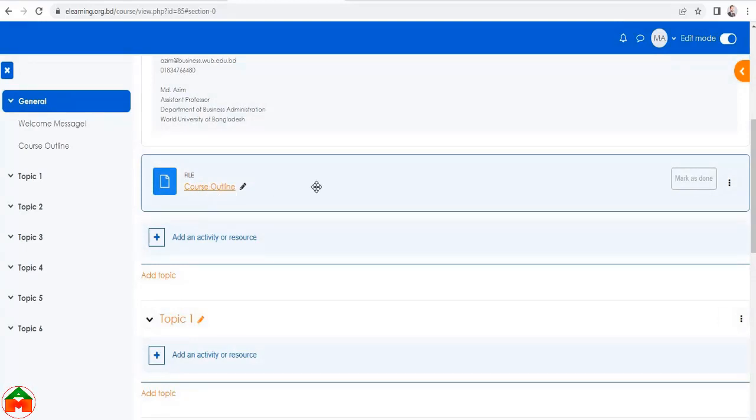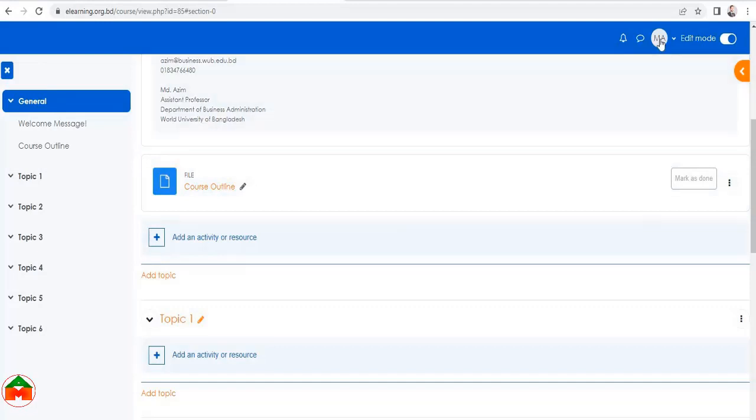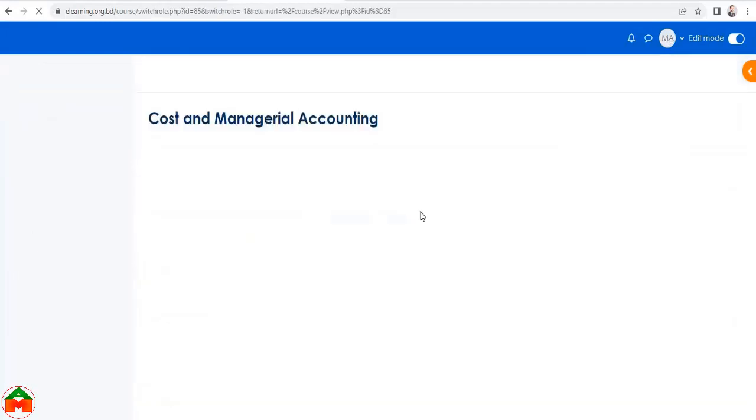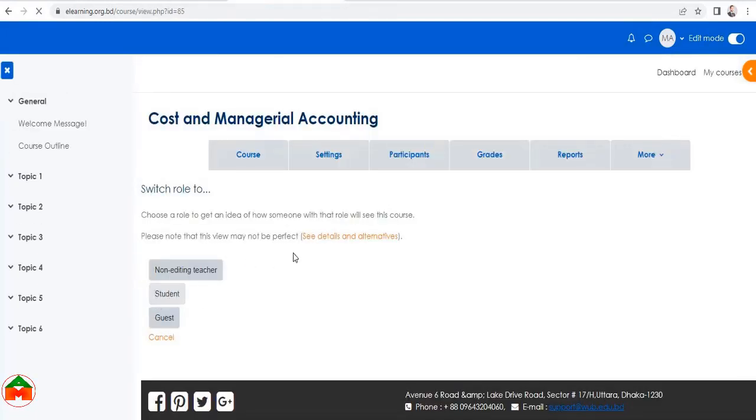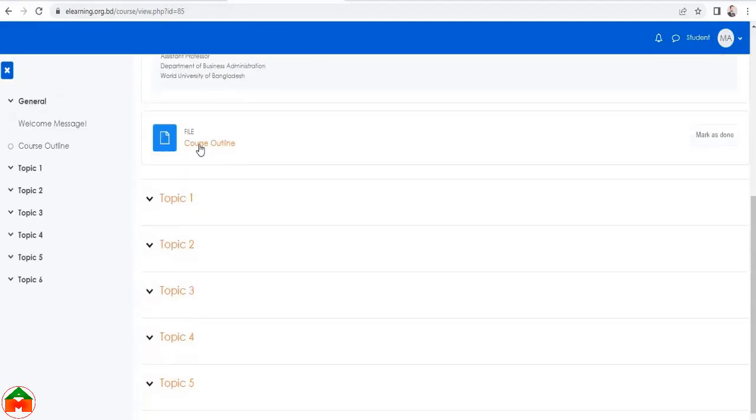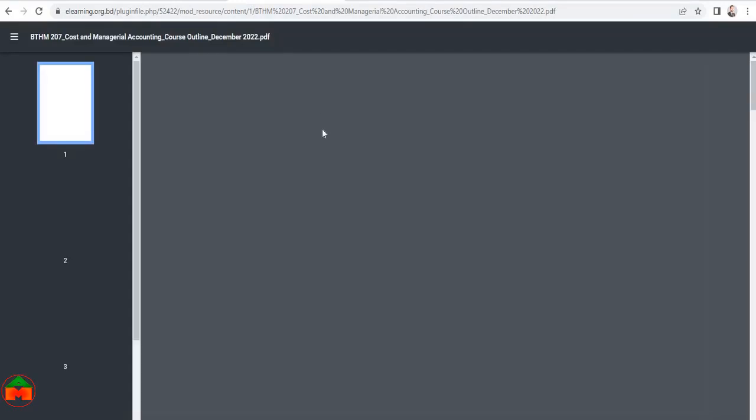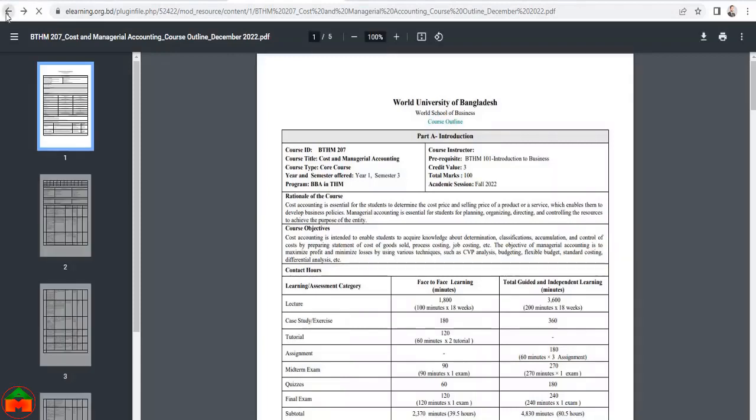Now, as a student, if I change my role, you can see this is the welcome message and this is the course outline. If the student clicks here, they will get the course outline as a downloaded file. I am clicking here. You can see this is the file that is uploaded. The student can see the file, as well as download the file. The download option will be available here. However, I am going to